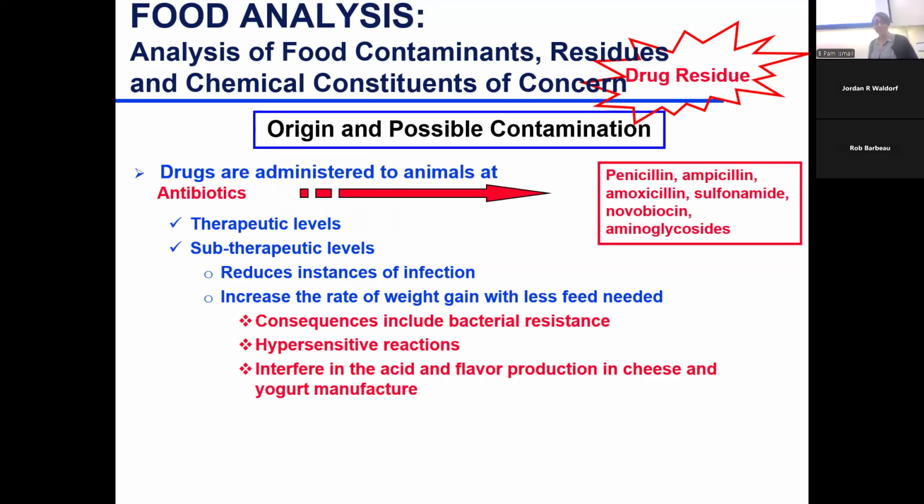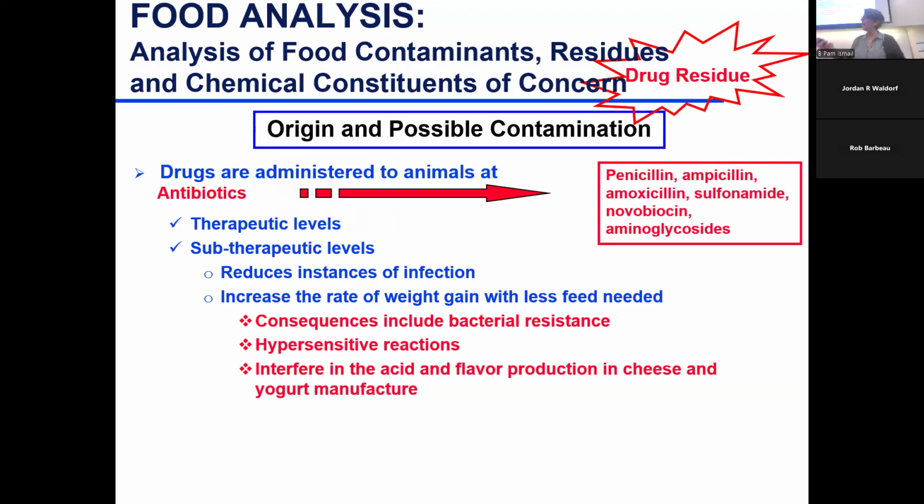So kind of like make them fatter with less feed. But when the animal is sacrificed, slaughtered, whatever you want to call it, it has to be off antibiotics for a while. And especially also for having milk, the animal should not be on any